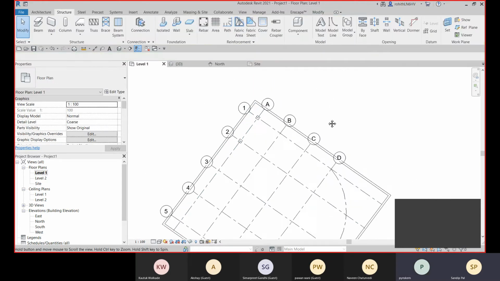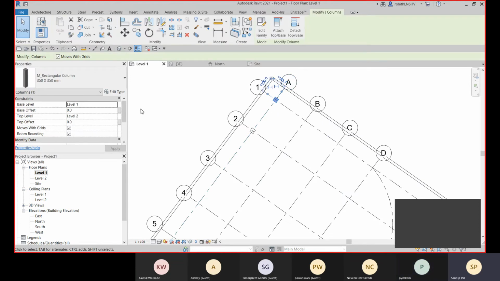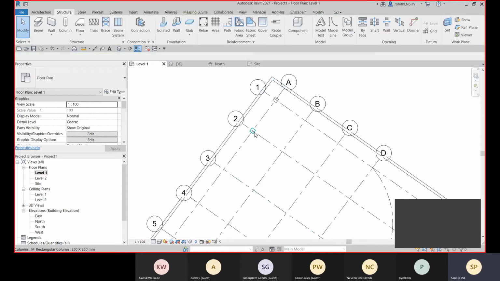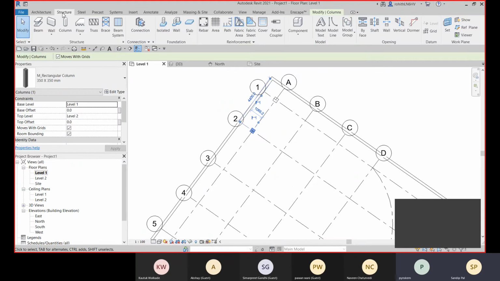All right. So what's the difference between architectural and structural? Yes. So for the architecture column, this is just a model. Here you cannot place all the reinforcement. So the structural elements you cannot add for this column. Okay, sir. So that means if we need to create a structural plan, we'll have to add only structural columns instead of architectural? Yes, yes.